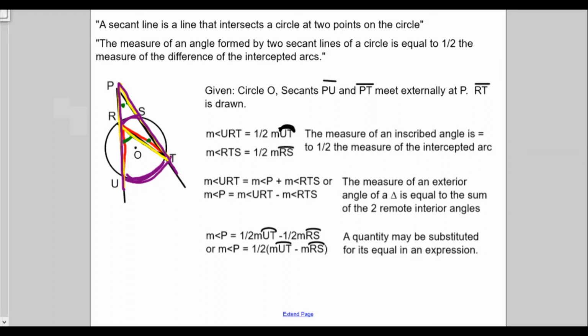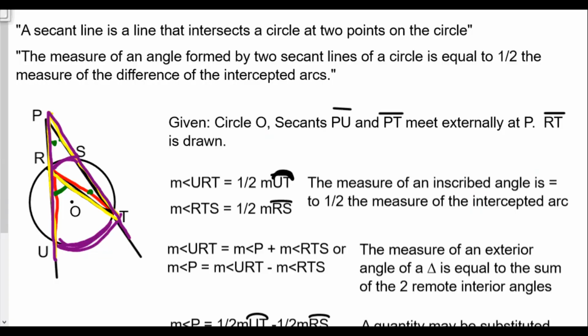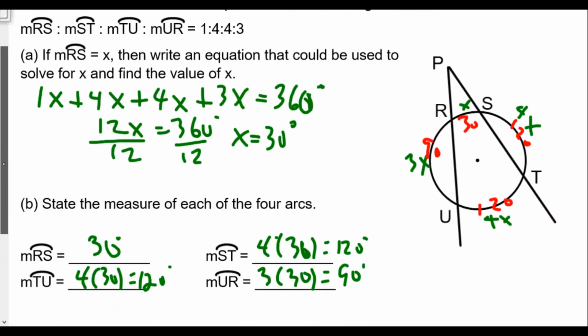A secant line is a line that intersects a circle at two points. The measure of an angle formed by two secant lines of a circle is equal to 1/2 the measure of the difference of the intercepted arcs. So 1/2 the measure difference of intercepted arcs. Okay, so let's take that rule and let's go back to our question here, question number 2, and we're going